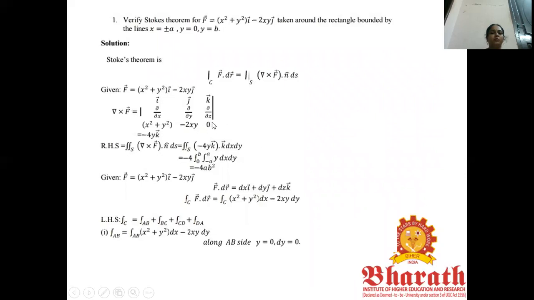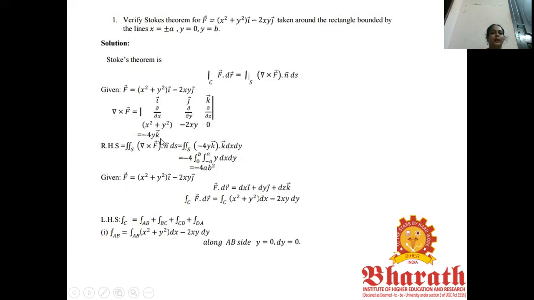Here there is no k term, so instead of that you put 0. After simplification, the i vector term becomes 0. The second term, minus j vector into the corresponding minor, is also 0, but the third term we got